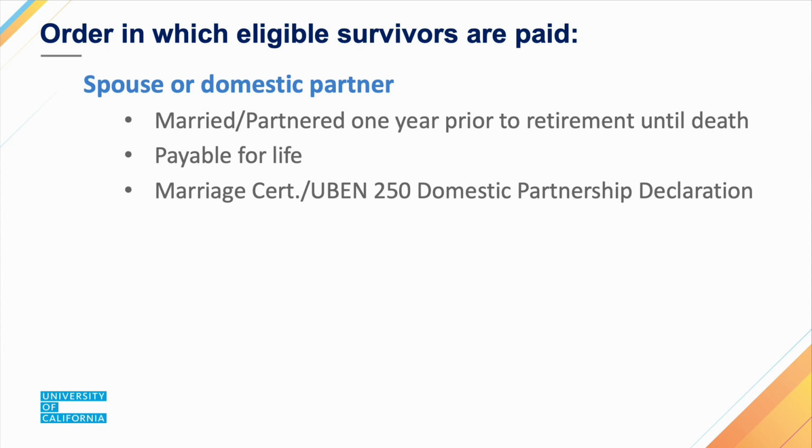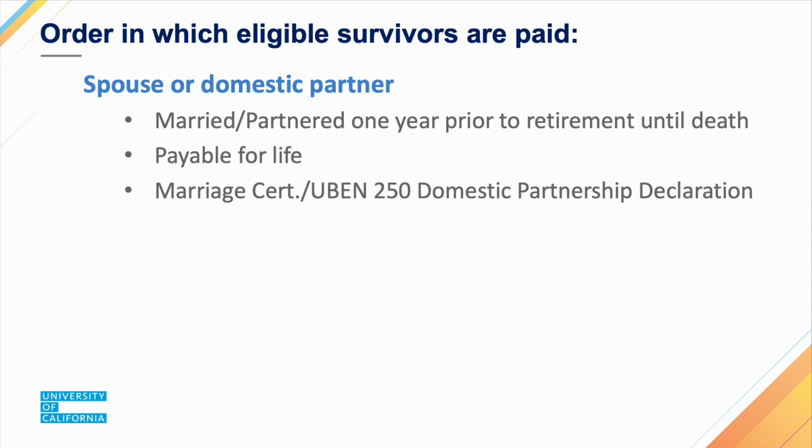Examples of acceptable marriage or partnership evidence would include a copy of the marriage certificate, copy of the registration of domestic partnership if it's registered with the state or equivalent jurisdiction, or if your domestic partnership is not registered, then the UBEN 250 Declaration of Domestic Partnership form with 2 pieces of evidence showing financial